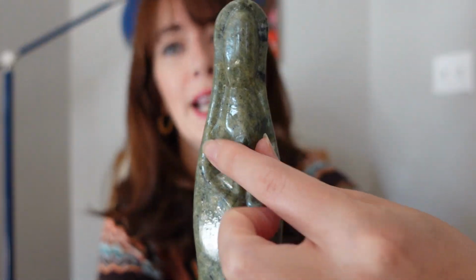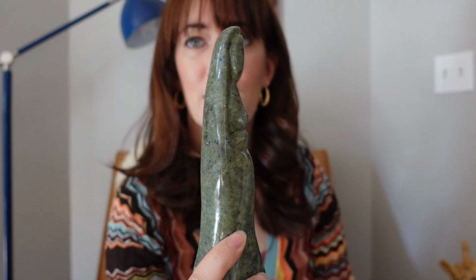When I first saw it, I was like, is that Mary? What is that? And I'm like, oh yeah, it's definitely a Mary statue. You know, these are her hands clasped in prayer, and then she has the veil on. So I thought she was very cool, extremely sculptural. She was $12, so I paid a little up, but this type of thing, like human figurines, are